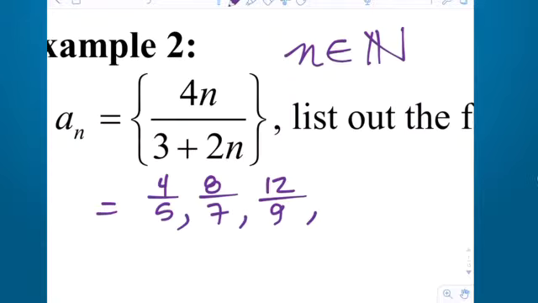You can simplify 12 ninths. Sometimes when you're generating patterns, though, let's simplify at the end. We want to generate the first 5 terms. Without looking at the rule, can we generate the next term? Yeah, we're adding 4 in the numerator. So the next one will be 16, and we're adding